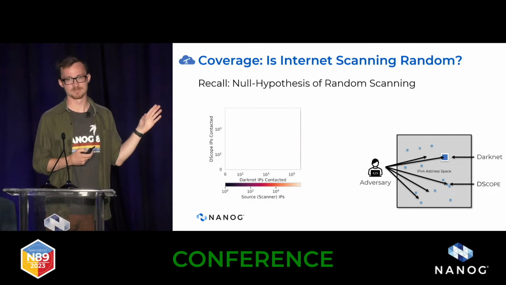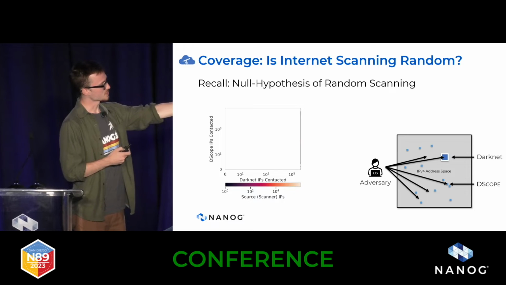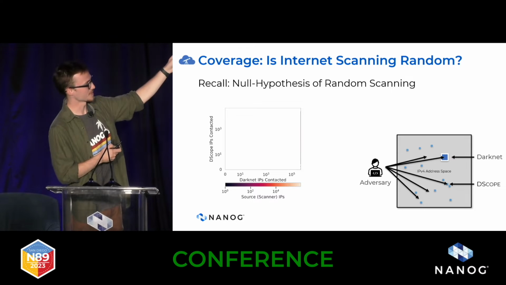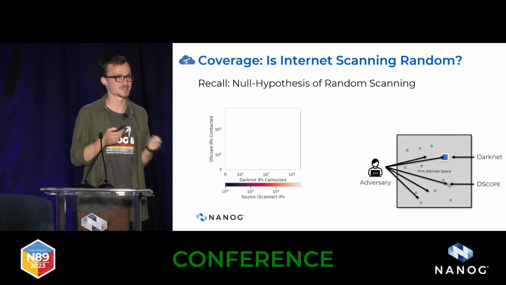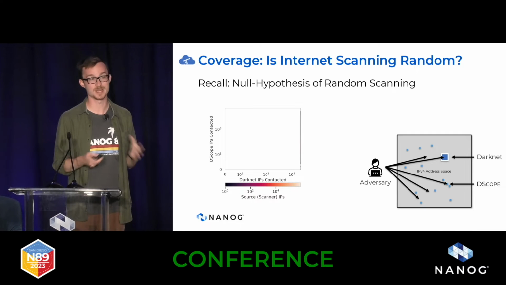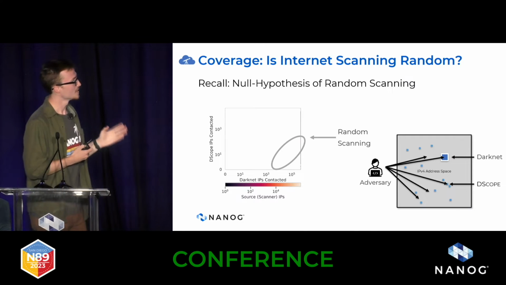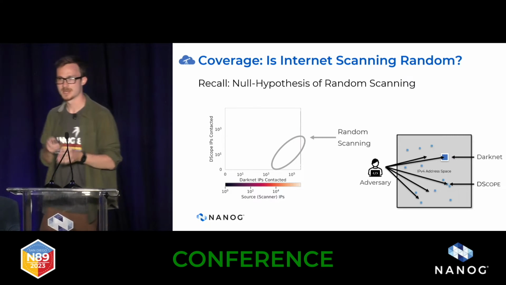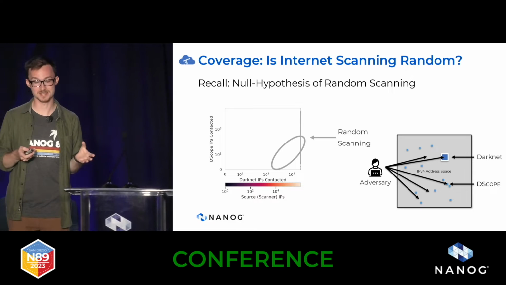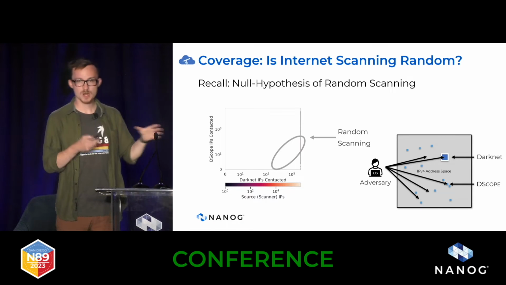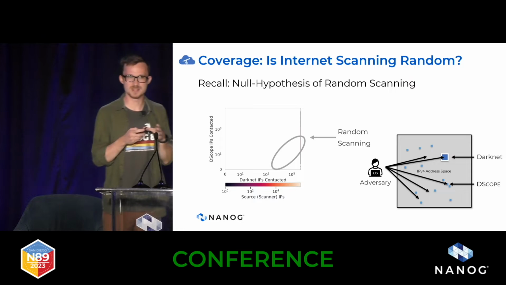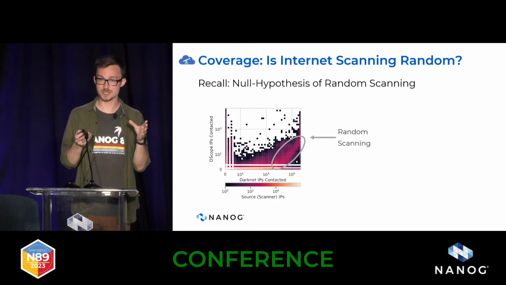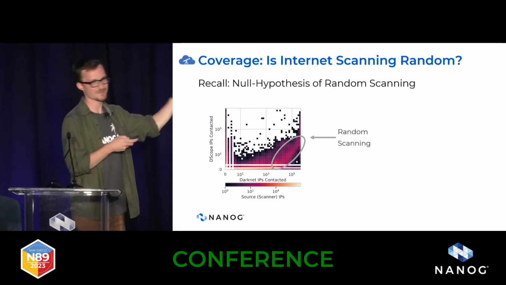If scanning is random, and adversaries randomly target the address space, then how many darknet IP addresses are contacted versus how many DScope IP addresses are contacted is effectively a function of the size of the two telescopes, how many addresses they have. So what we're going to do here is look at a 2-dimensional histogram of, for each scanning IP, how many telescope IPs it contacts. This region on the right is where we would expect all the traffic to center around if scanning is random. We look at a week's worth of data comparing these 2 vantage points, and what we see is indeed, for a lot of traffic, that is the case.